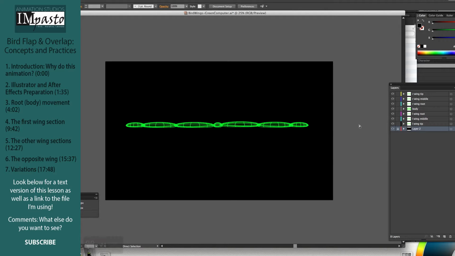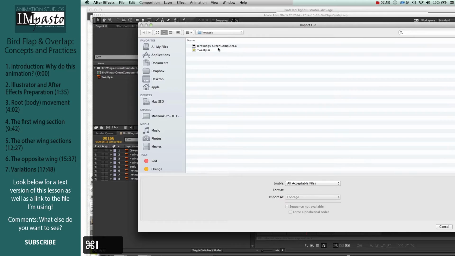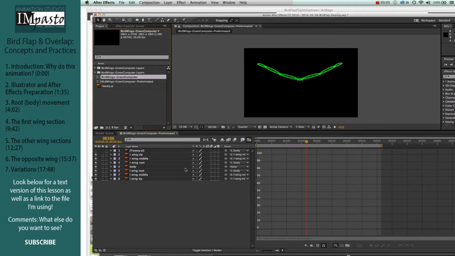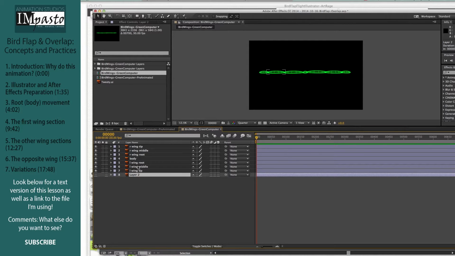So bringing that into After Effects, you can also see my tips for this on the character rigging video, but just really quickly importing. There it is. Composition in this case, and each layer being the layer size. And if we open that up, we get exactly what we made in Illustrator. Layer 2 I don't need, it's just black. And then just going through each piece,